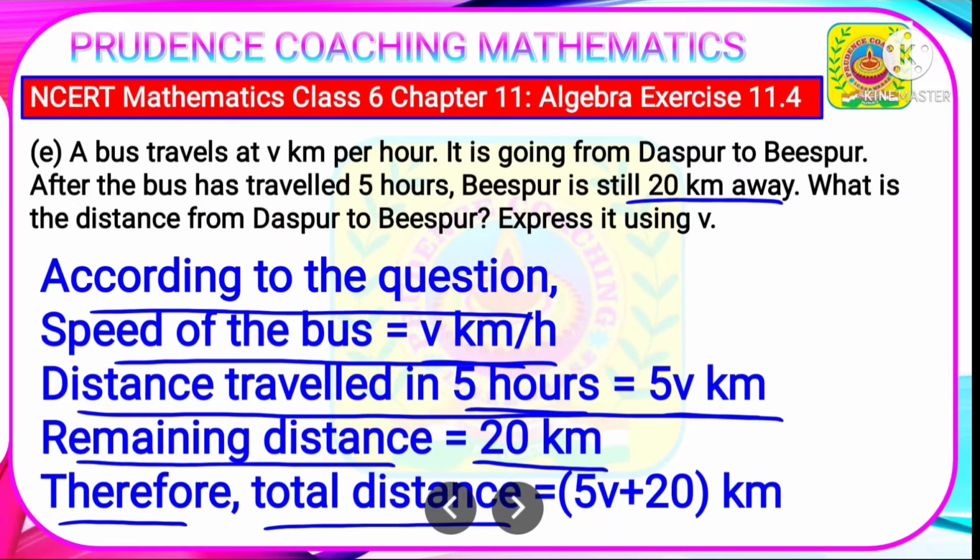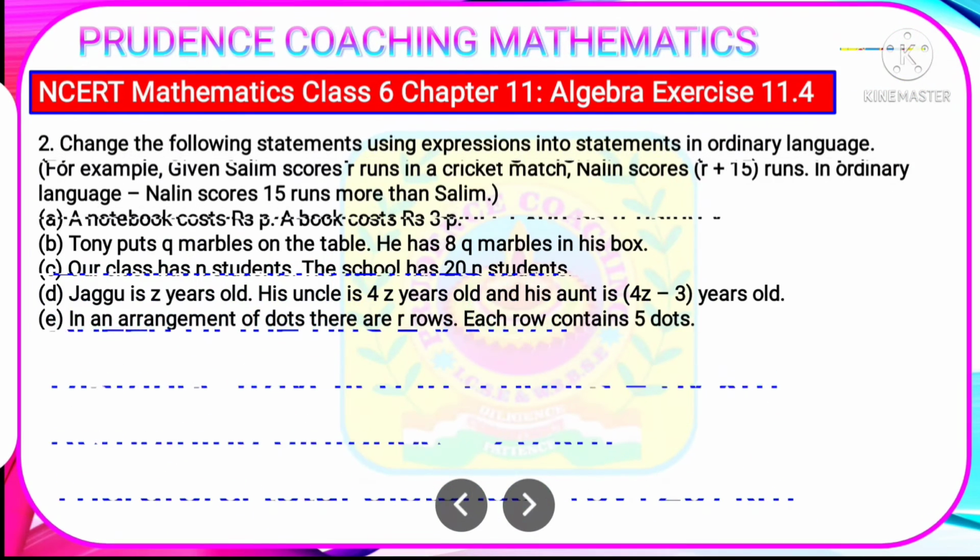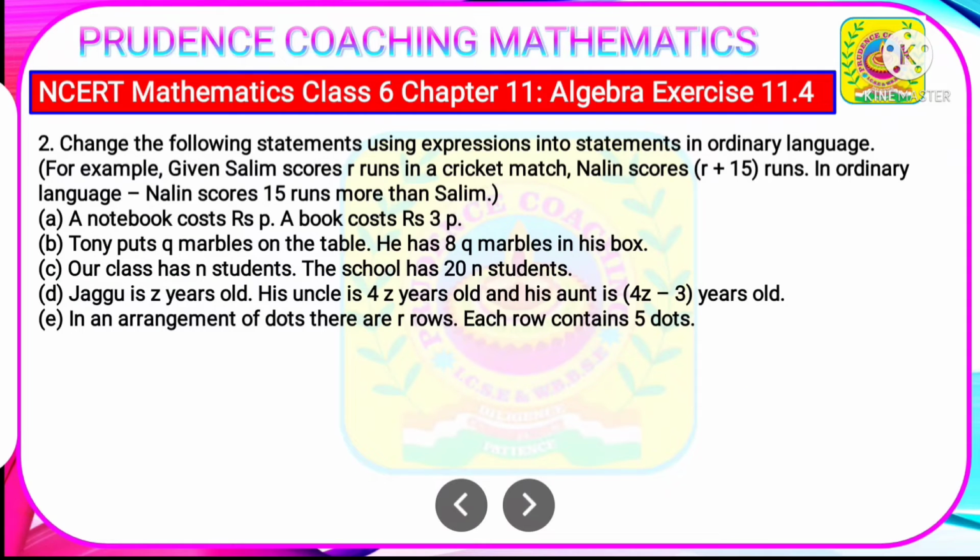So you will get 5v plus 20 kilometer as your final answer. Let's start with sum number 2. Change the following statement using expression into statements in ordinary language. That means statements given to you will be statements using expressions, but you need to convert them into statements in